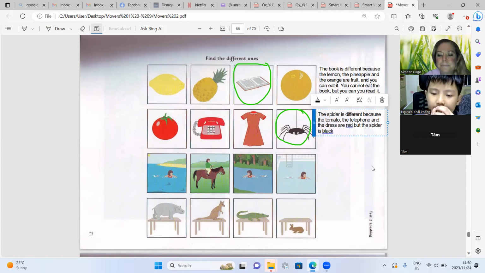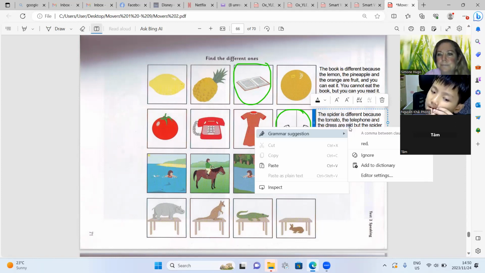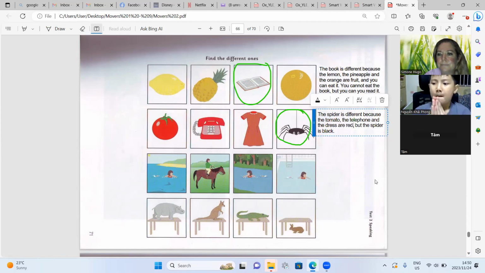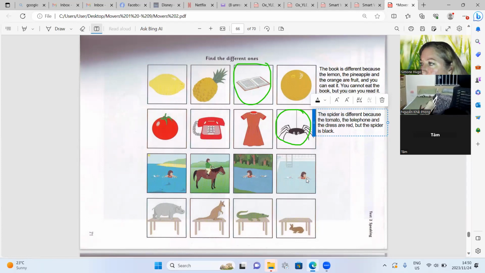Okay, Tam. Which one is different? The horse is different. Or you can say picture 2.